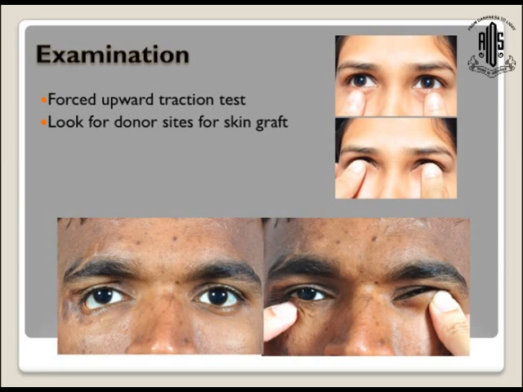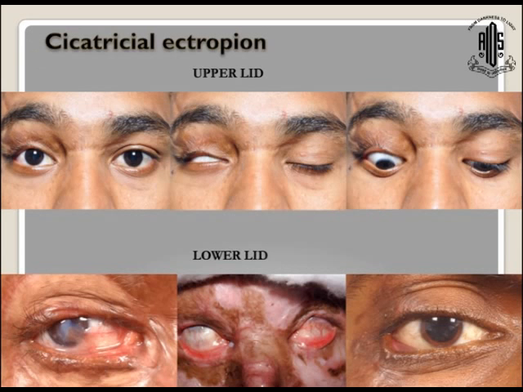If you could see the above picture, this is a normal person in whom, on both sides, with forceful pressure you are able to cover the entire cornea while the person is looking straight. However, in a person who has cicatricial ectropion, you will be able to see that even with maximum force you are not able to push that eyelid up. Well, of course, this is what cicatricial ectropion means, but this gives you an idea of how strong the cicatrix is and what procedure you would need for that.